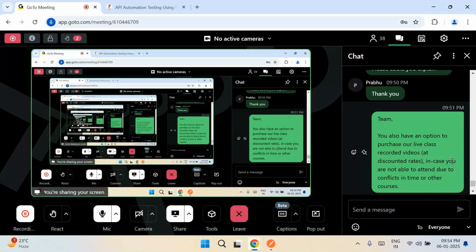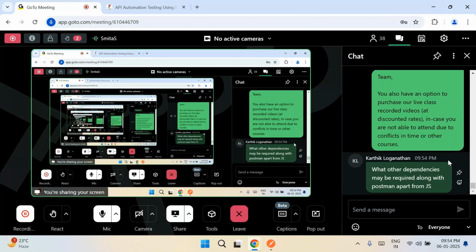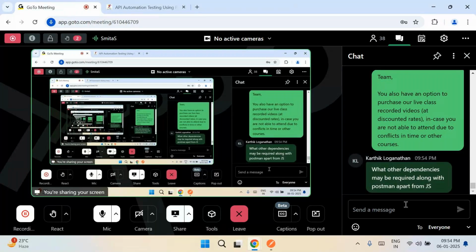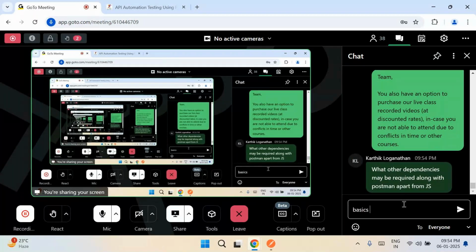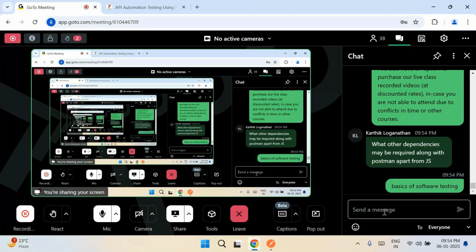Hi Kiran, I'm Smita. Are you able to hear me? Yes, Smita, go ahead. I have used Postman in my projects, but for very little time. You're cutting out again, your voice is breaking. Are you able to hear me? Yes, I can hear you now. Go ahead. I'm saying that I have little exposure to this Postman tool. In the past, I've worked on one project for a very short duration.